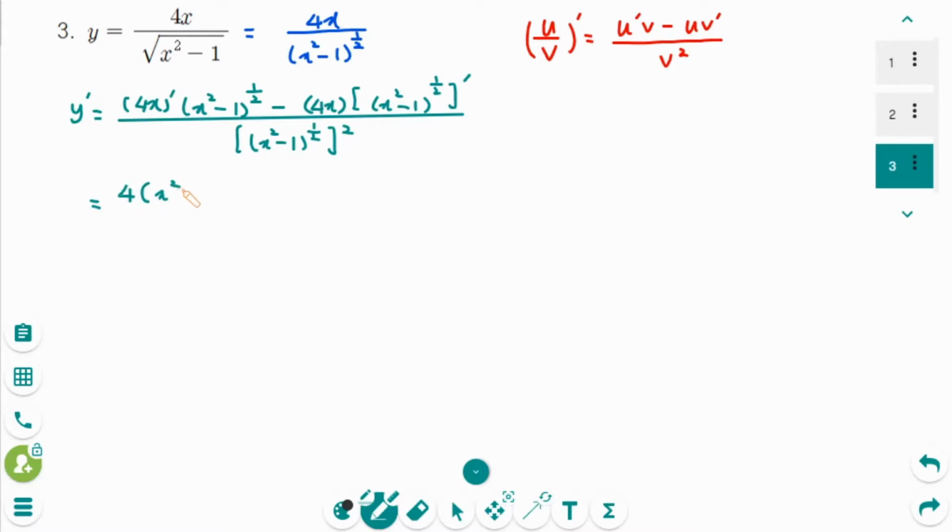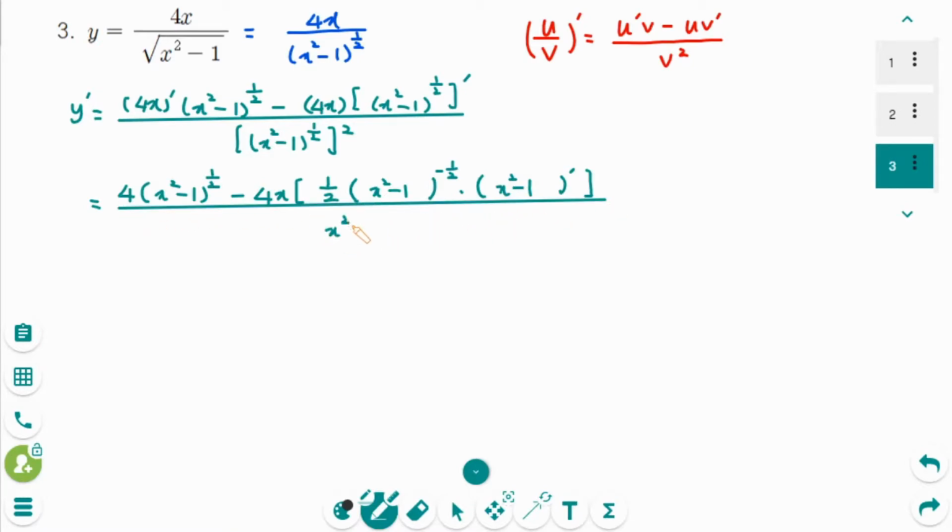Then (x squared minus 1) to the power of 1 over 2 minus 4x. Then use the general power rule. 1 over 2 u to the power of minus 1 over 2 times u prime. Then keep the inner function x squared minus 1 over x squared minus 1. This makes 1,